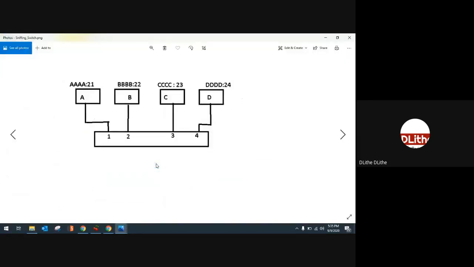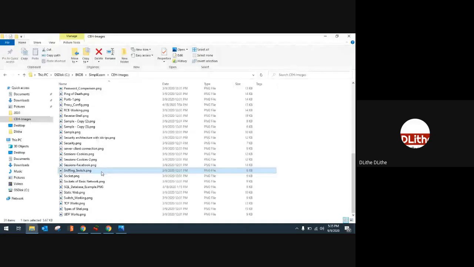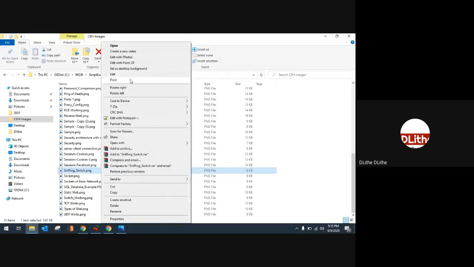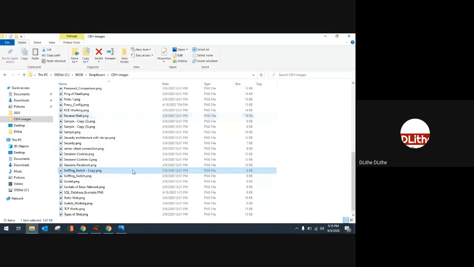What happens is, through a switch, obviously in the real world, your communication would be connected like this. Let me draw it in Paint.